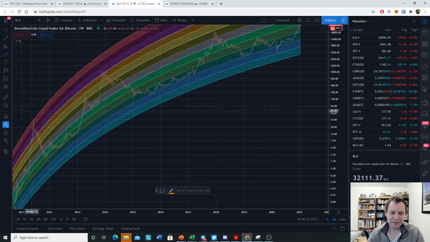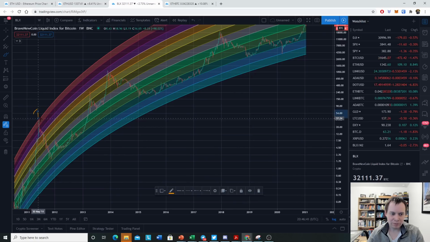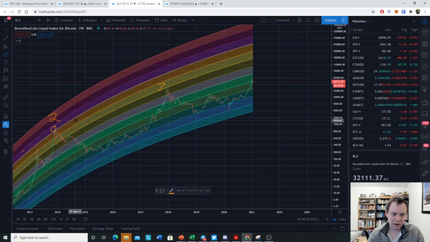So the idea is if we have one peak, so one peak, our second peak, and then our third peak. What we've noted in the past is that each peak has trended down 2.5 log lines from the prior peak. So that one put this one here. And then that one, from that point, trended 2.5 log lines down as well. So half a log line, another one, and then our second log line, so 2.5 to get to